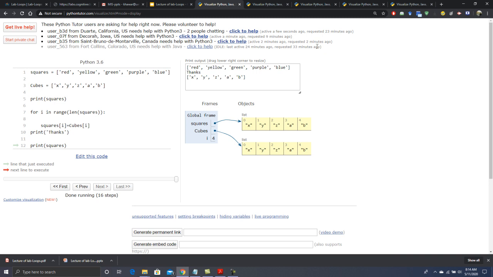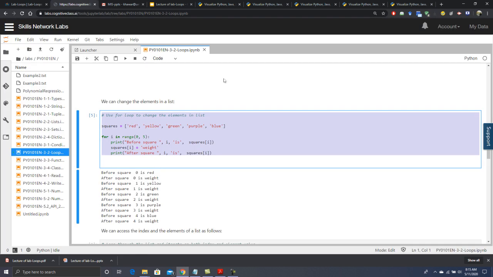So you can see here the power of the loops. If we have 1 billion items in the list, and if we want to change the list by another list, we can change it within a minute or a fraction of a minute. So this is the power of the loops. So let's move